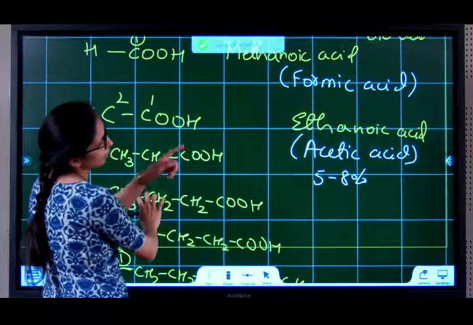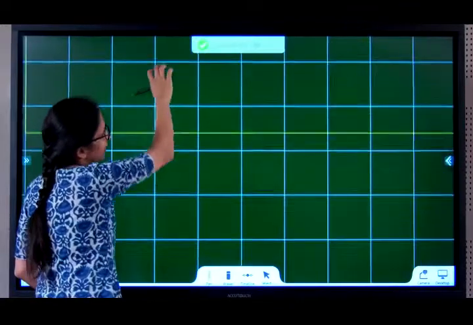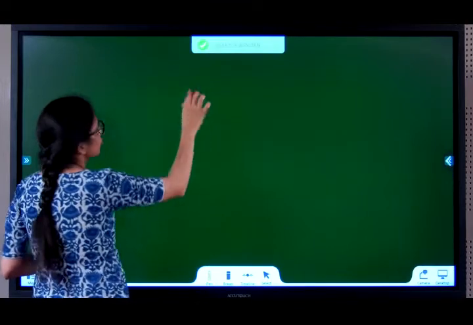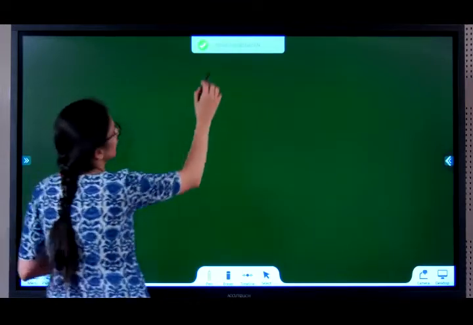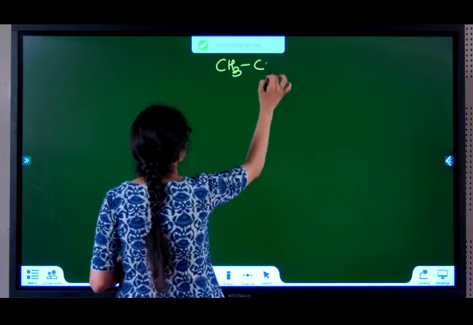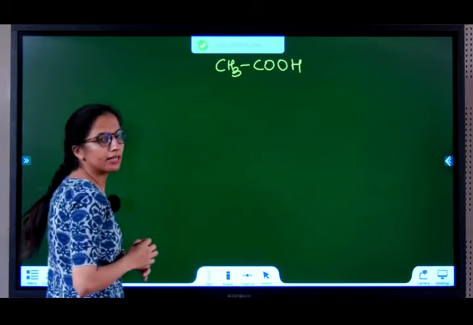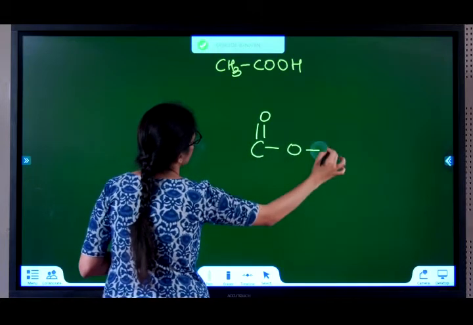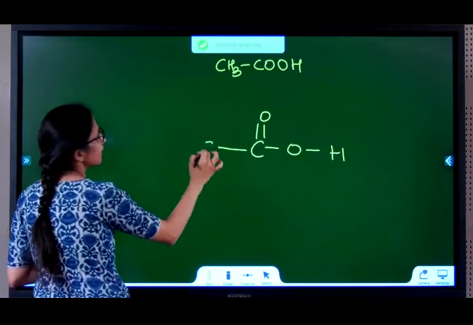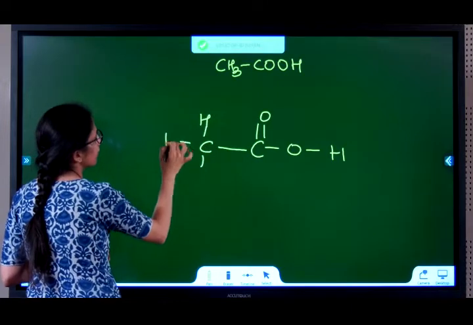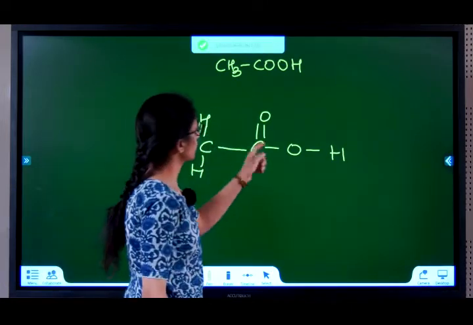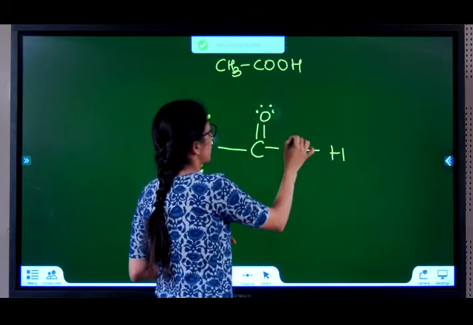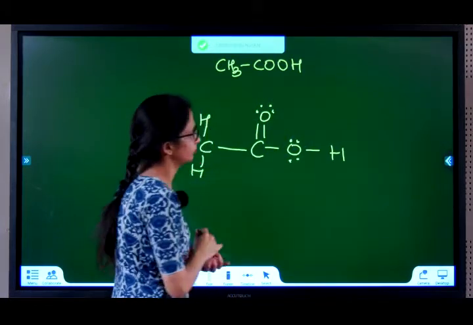Let us see how to draw the electron dot structure of ethanoic acid. I am taking just one structure so you can draw the rest on your own. Ethanoic acid is CH3COOH. Let's begin. How do we do this? COOH is this. To this I'm adding CH3. Who has extra electrons? Only the O. O has 6, 2 are occupied, so it has 4 more.